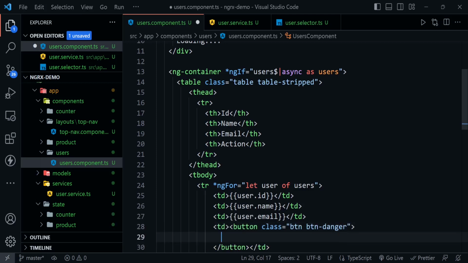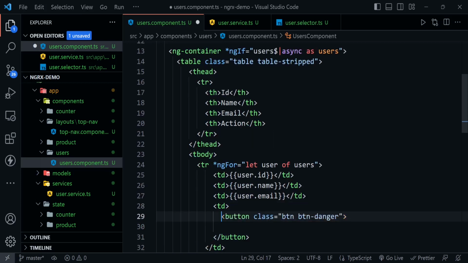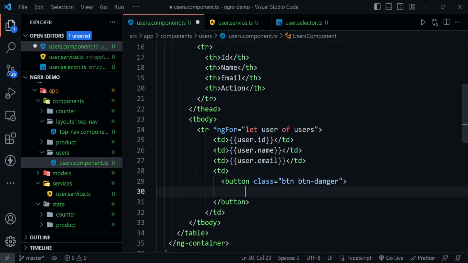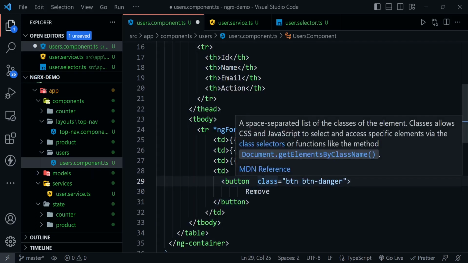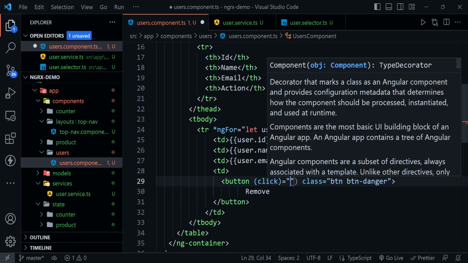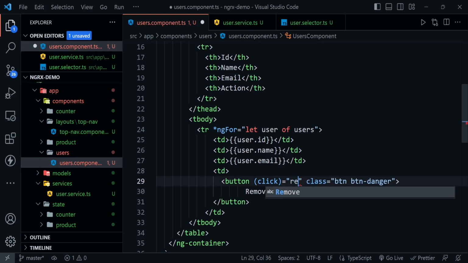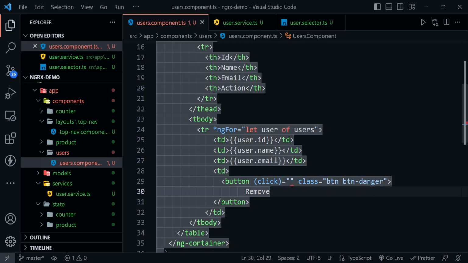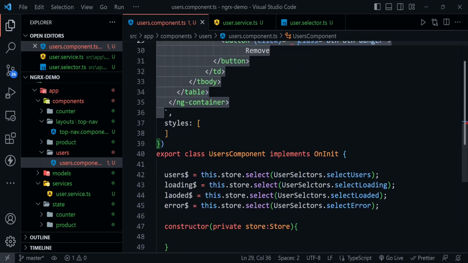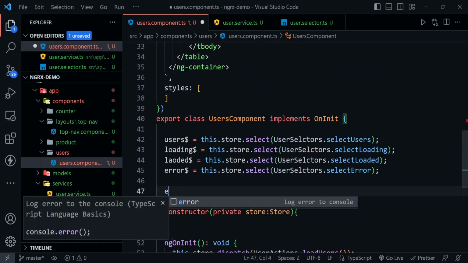Yeah, that's the power of Emmet in VS Code. Now let's name this button. It will be a remove. Okay, and let's define a click. And I don't know why always this parenthesis added here. It's a mystery for me, and it always gives me error. That's it. We're not gonna define anything here, so just create a random method here. Remove